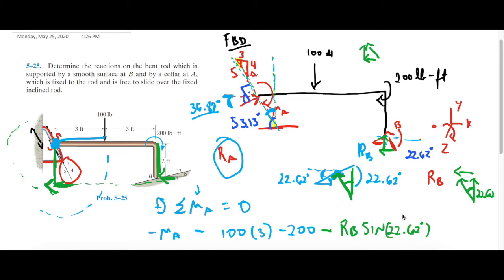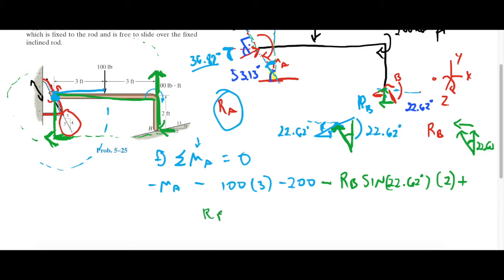And we're at a distance of 2 feet perpendicular to the point of interest, which is A. So times 2. And I think we're only missing the y component. The y component is going to want to rotate us, so we can transfer the y component here. And that is perpendicular to point of interest A, 6 feet away, and it's going to want to rotate us in the positive direction that I defined. So plus